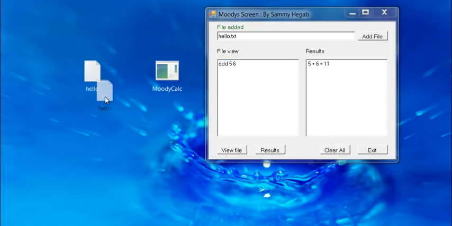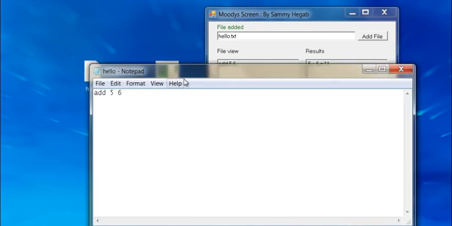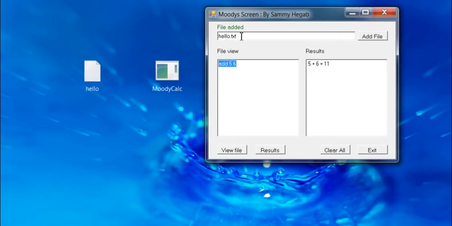If we just open up that text file, let's have a look at what it says in there, and as you can see it says add 5 6. So if I say subtract 2 3 multiply 5 5, subtract 5 2 add 3, so that would be a more complex argument, maybe, let's say add 2 2 and then multiply 5, so that's another argument. If I just save that, so we can see that it's working,